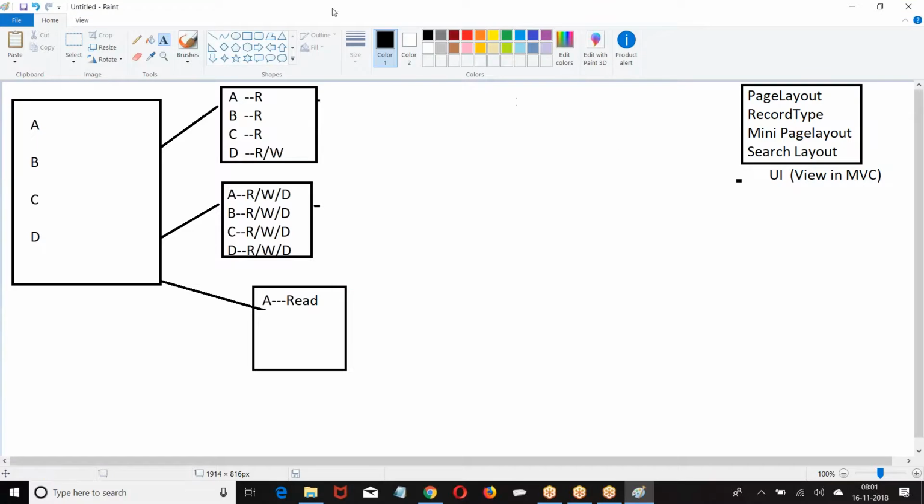Try to understand. Previously, different groups of people had different views of the same object. This group will see it like this, the husband's family group sees the object in a different format. So different people have different looks, different views of the object.